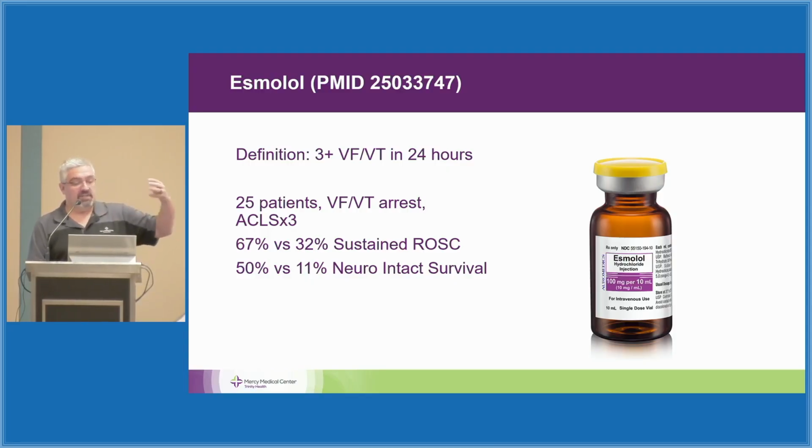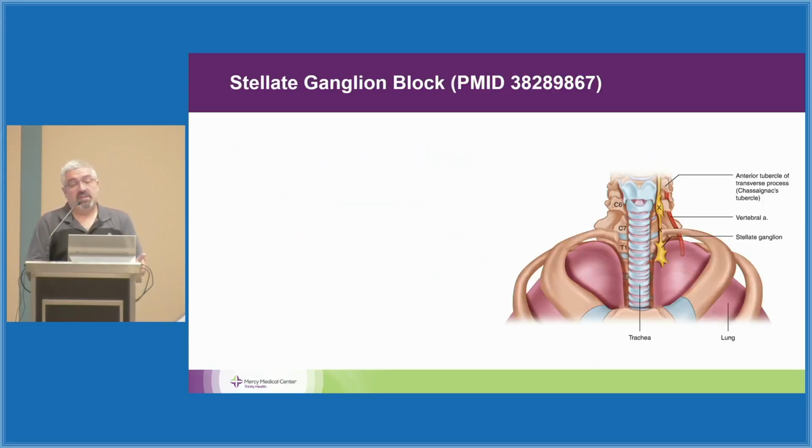algorithm. Often at this point in the ED, we're getting out to like 4 or 5 shocks. It's like, okay, what else can we do? We sort of reached the end of ACLS. I don't think giving more epi is gonna help. We've tried that a bunch already. So try esmolol. For this same patient population, patients that are sort of having these prolonged VF or VT arrests,